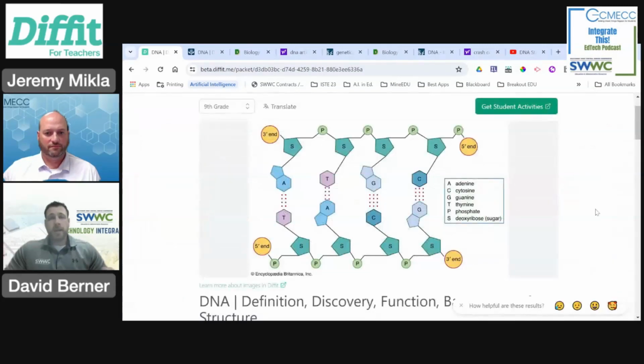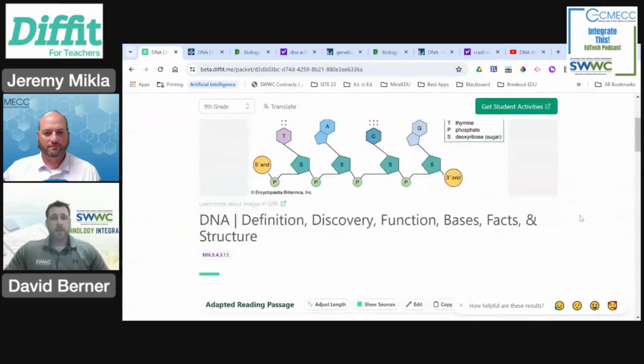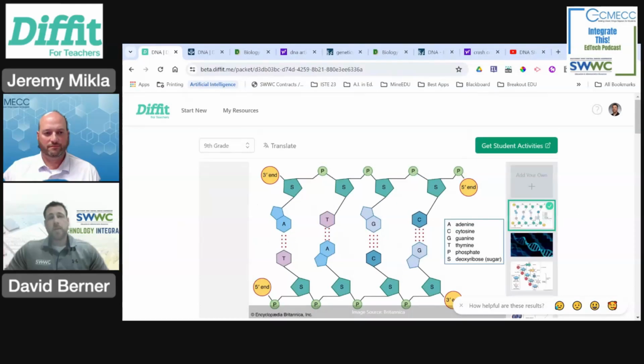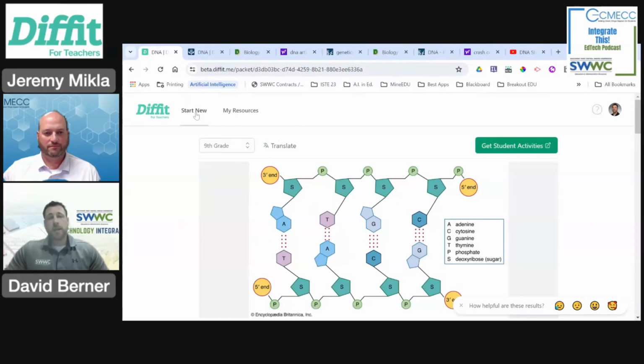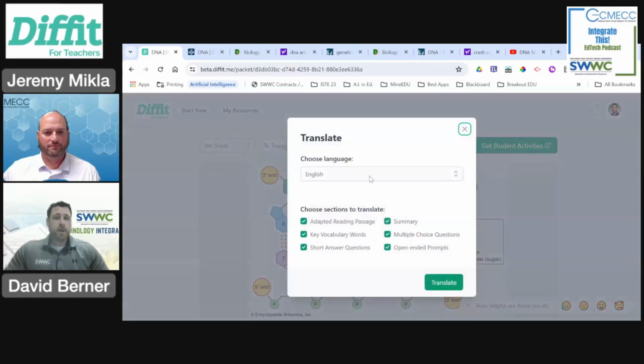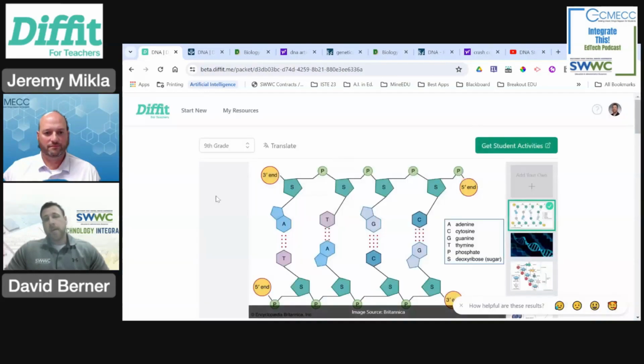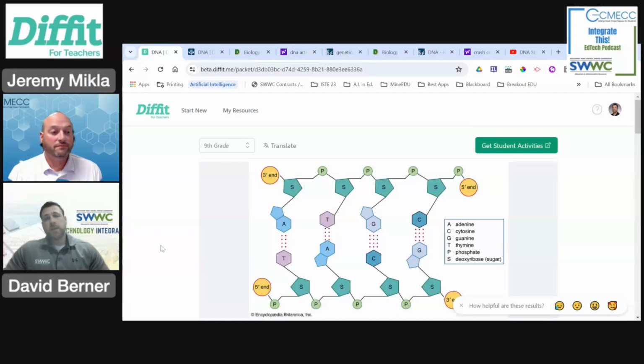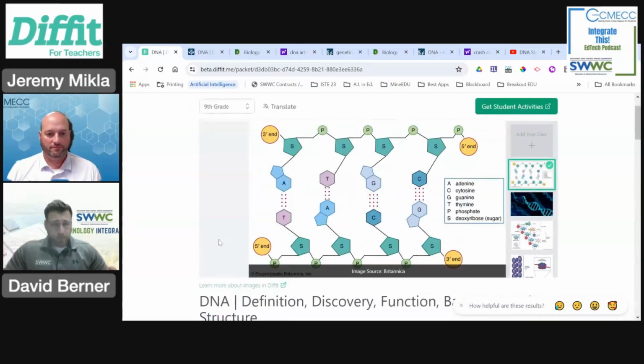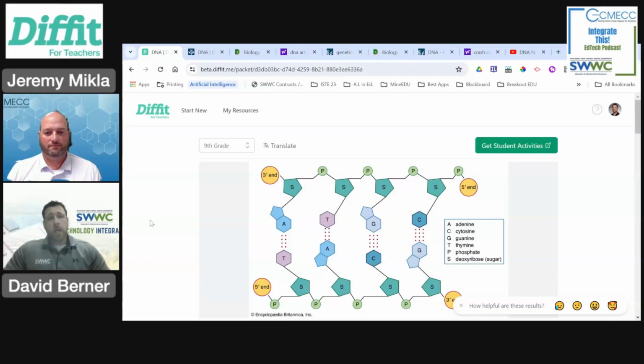And so that same concept, just doing it with that source inputted into the prompt. You still have your translate here if you have some students that are, say, Spanish speaking students, you could translate that for them. And then we can take that same thing